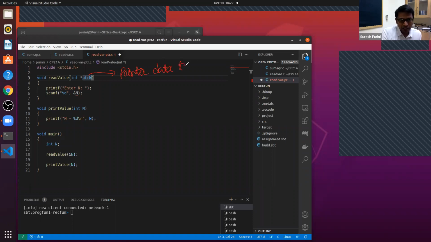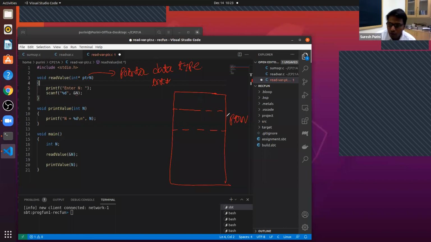Although we write it like this to make it clear, we can perhaps write it like this also. Int star is the new pointer data type that we are seeing. If a variable is of type int star, like ptrn, what should it hold? It holds an address.